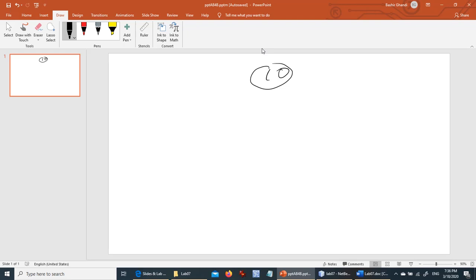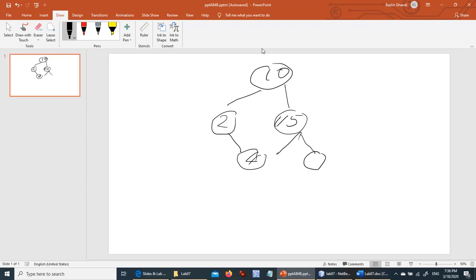Okay, so we have 10, and to the left of that we have 2, and to the right of that we have 15, and then to the right of this one we have 4, and then this one has 2 subtrees, 12 and 20. Okay,